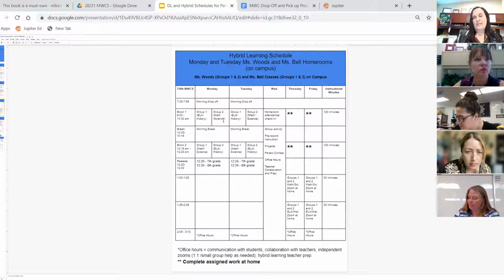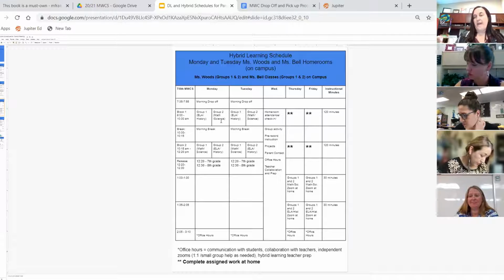And then you'll see the first block. Group 1 will start with their language arts history teacher, and group 2 with their math science teacher. That's what was shared on the website. You needed to know your student's 6-digit student ID number to know where they fell, but it is on the website. I have updated it with any changes that have been asked for by parents, but those class